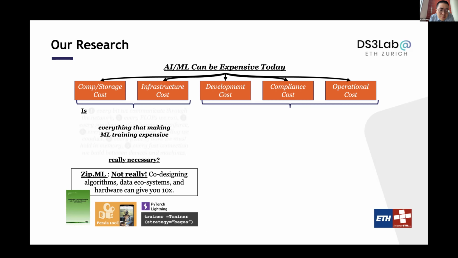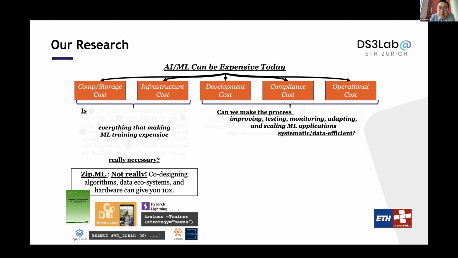If you are using PyTorch Lightning, right, you can actually enable a whole bunch of training strategies with a single line of code. If you are using OpenGauss as a database system, right, you can train some machine learning model with a single line of code. Of course, there's a whole bunch of open source things that you can actually play with.